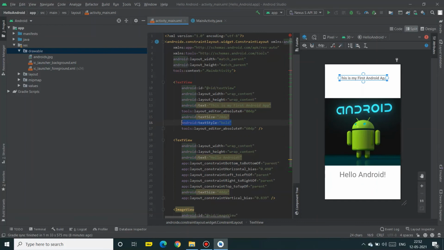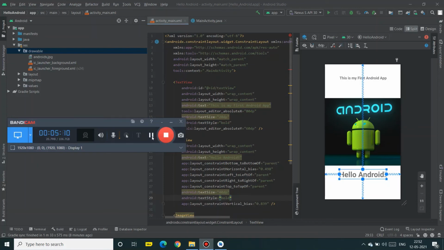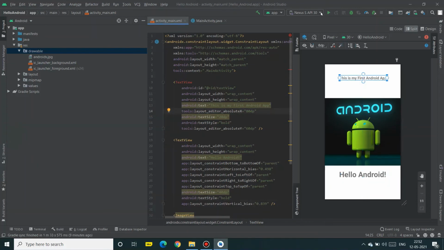Similarly, you can run this app on a physical device or on what is called an emulator. But as the emulator might not work on many devices, I would like to demonstrate how you can also run it on your Android phone. You would need a USB wire for this.